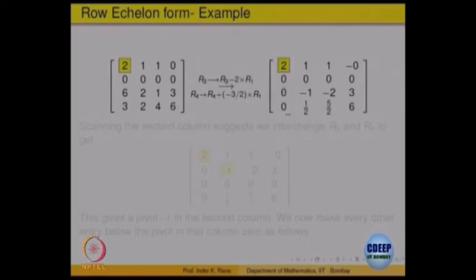Once the first column is done, we look at the second column. In this column now, this row is already taken care of. So, we should look at this sub-matrix. Here the number 0 is coming, right. So, the first non-zero entry comes at the place minus 1, which is row number 3. So, what we should be doing is interchange R3 with R2. So, let us do that.